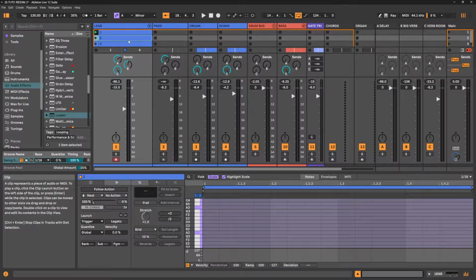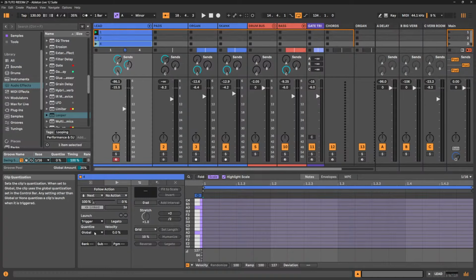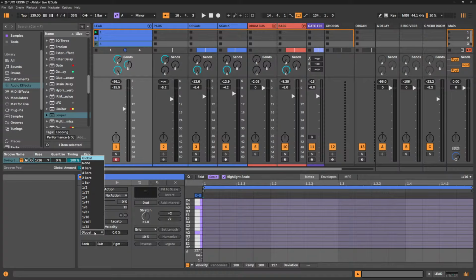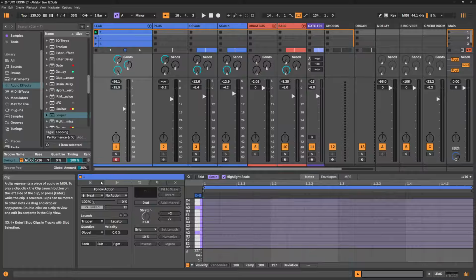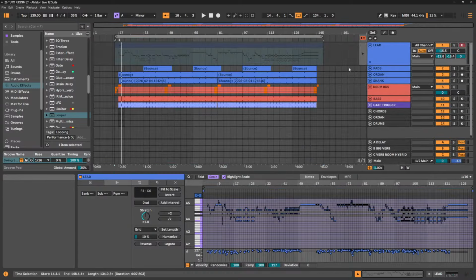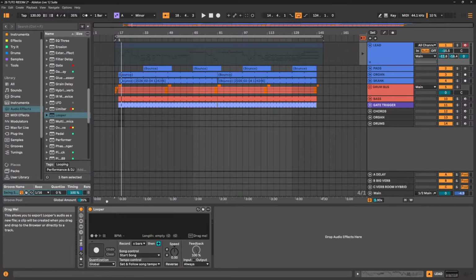Okay, so I click on the second clip and I will go into the quantization. Instead of global, I will set it to 2 bar. On the 4, I will set this quantize launch to 4 bar. And on the first one, I will set it to 1 bar, equal to global. Okay. So by the way, I take time to explain this session view also, because even if the looper is very great and we can do a lot of things in it,